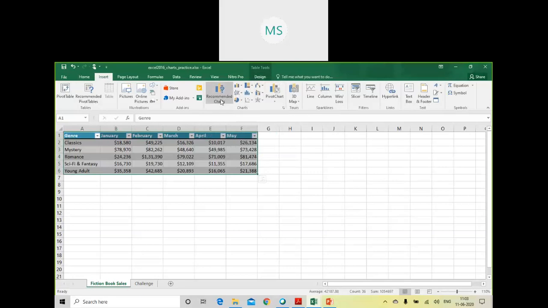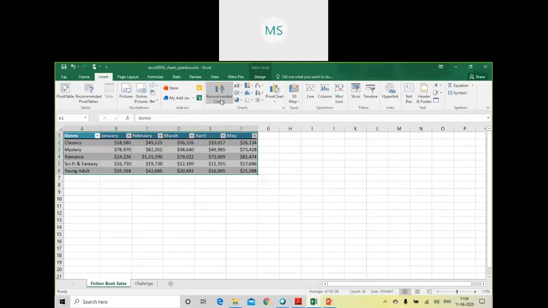Recommended charts are very advanced options: the moment you click that option, Excel recommends different types of charts depending on your data. It automatically analyzes your data, and whatever charts are suitable for your data will be recommended to you.